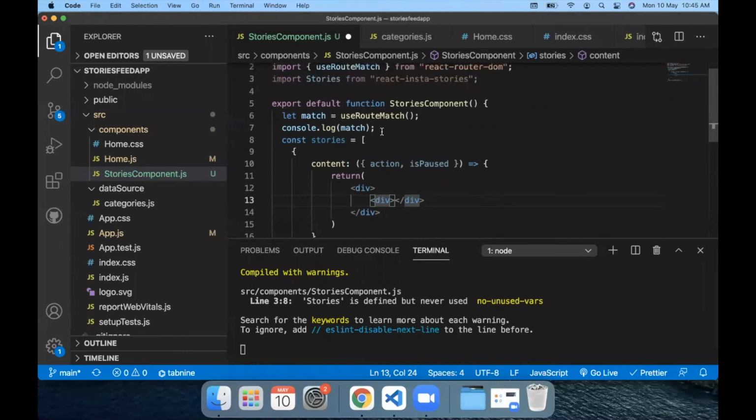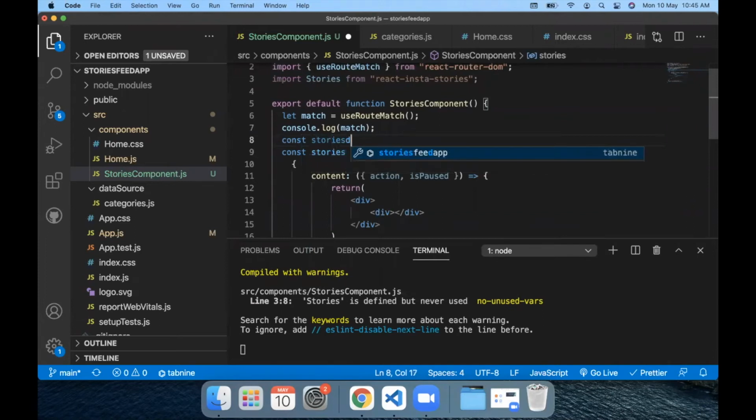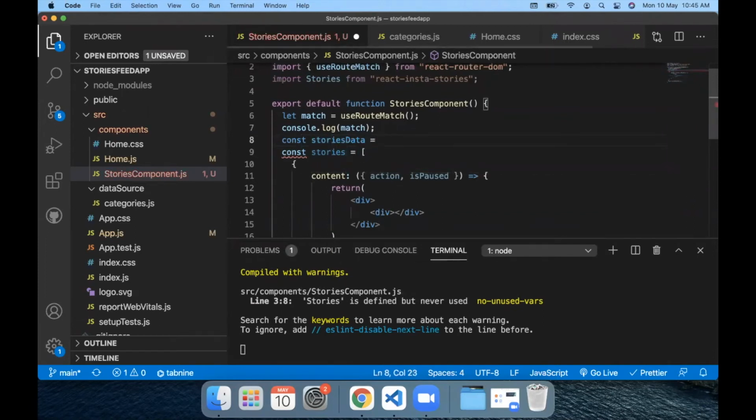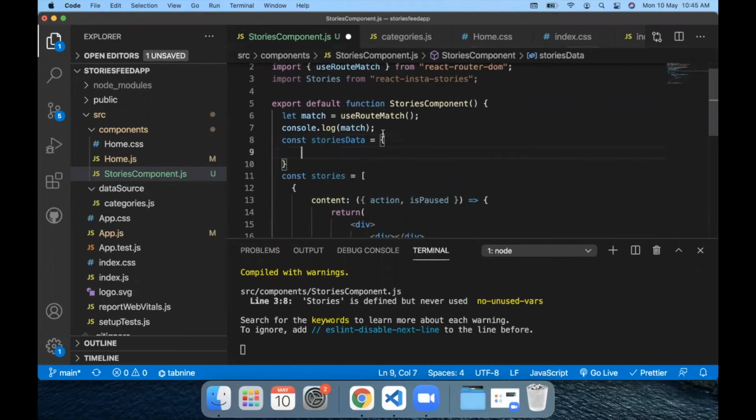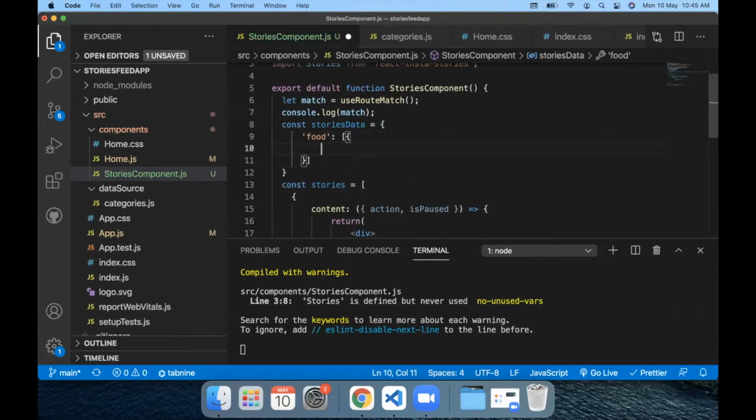And let's create a data component here. Let's say this is my stories data, within which I have all the stories. The format of the stories data will be the category name. For example, let's say we have food. Within that, we have the actual data, which is going to be an array of JSONs.